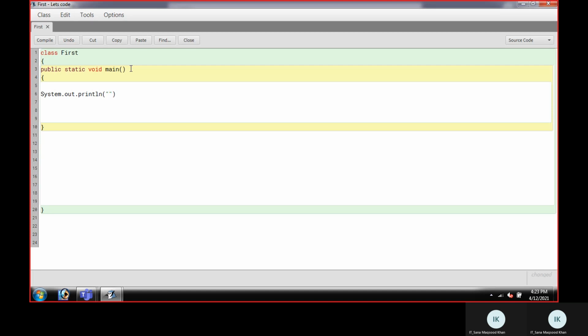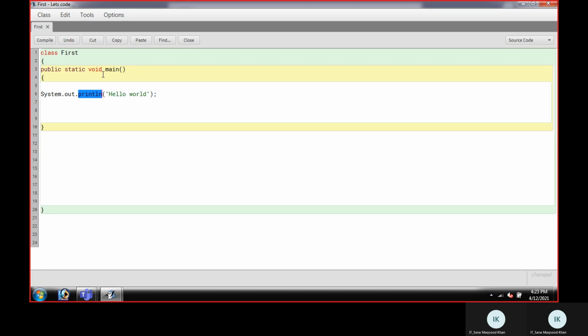Then I'm going to open a double inverted comma and write here hello world, which is my first statement which I'm going to print on my screen. At the end, I need to come up and leave a semicolon. It means this is a terminator. My line terminates here. System is my class basically, out is a stream and println is a function through which I'm sending this hello world to my console, and it will be printed to my screen.